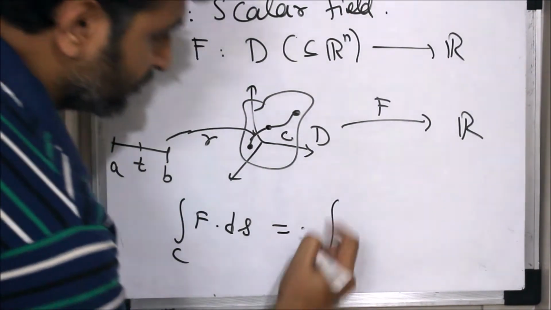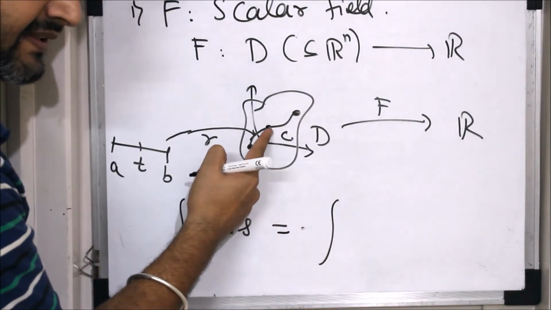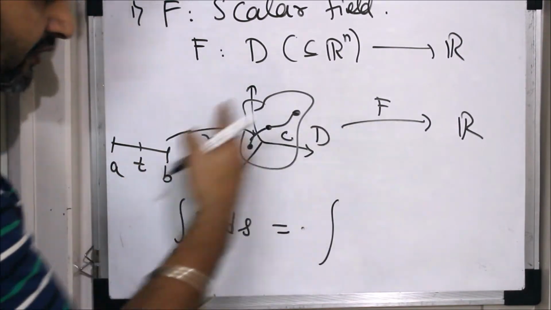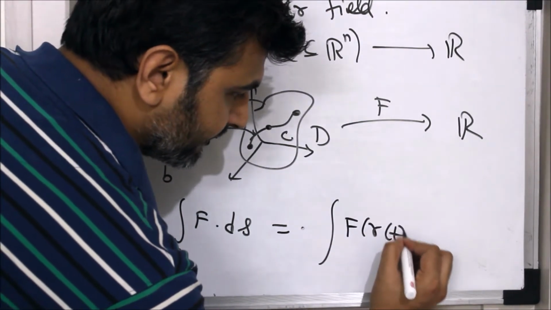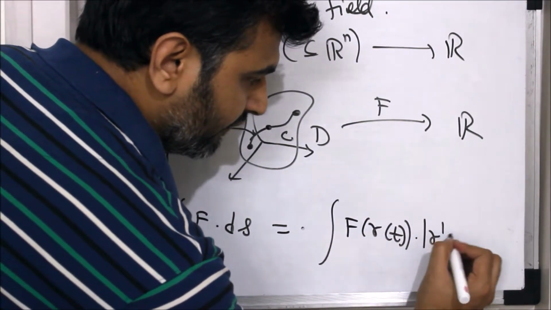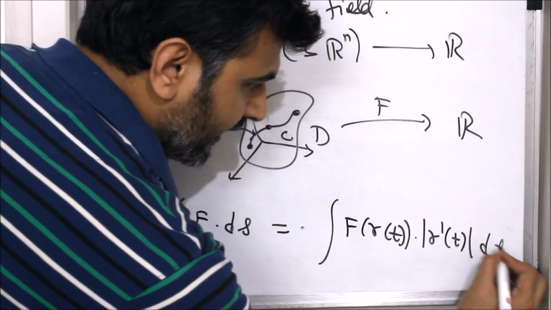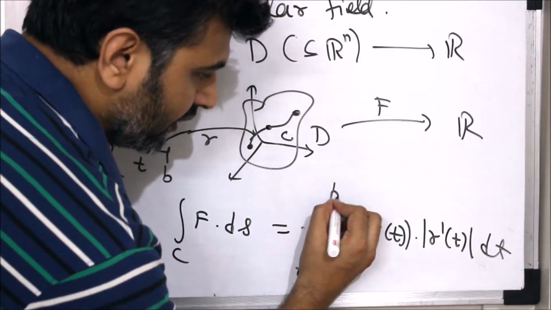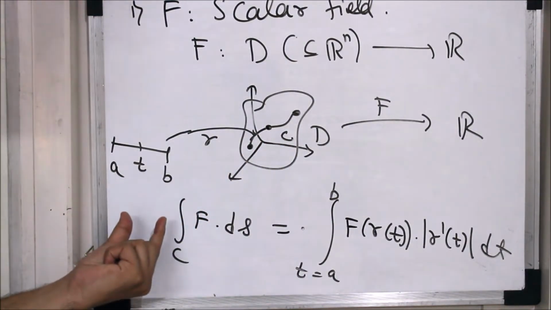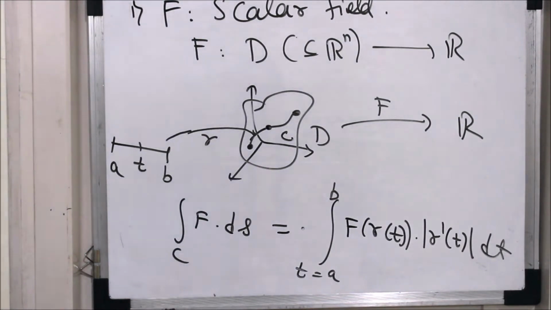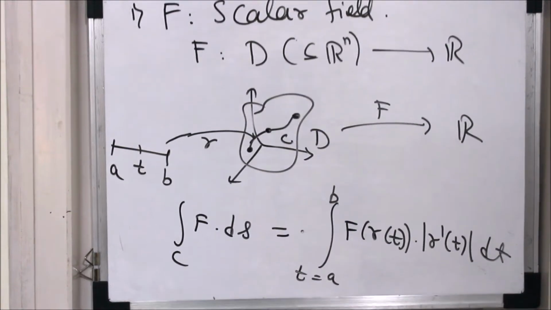So I'm evaluating over a curve, but this curve is obtained from here, so it's kind of a composition, f composed with r. This is nothing but the integral of f of r of t times the magnitude of r dash of t dt, where t goes from a to b. Over a curve I don't know how to solve it, but definitely over a segment I know how to solve. Recall our first lecture. Over a segment I know how to solve the integral. So t is from a to b, f of r of t times mod of r dash of t.